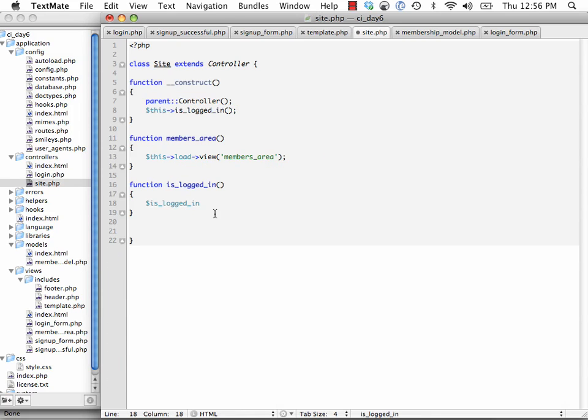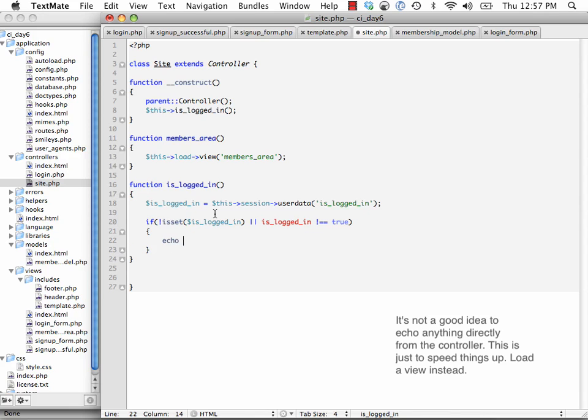So let's go back to our site, and we're going to add is_logged_in equals this. The way we retrieve those values from the session is this session user_data, and then we type in the key, which we called is_logged_in, and we set that to true. So we'll say if not isset, and just copy that. If not isset or is_logged_in does not equal true, then we know they don't have permission to be on this page, and we'll say echo